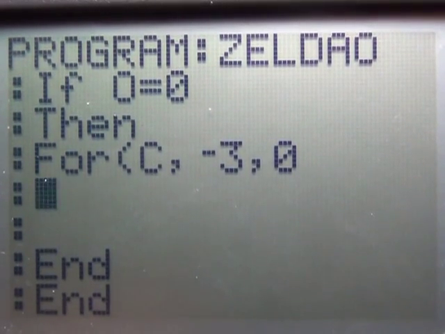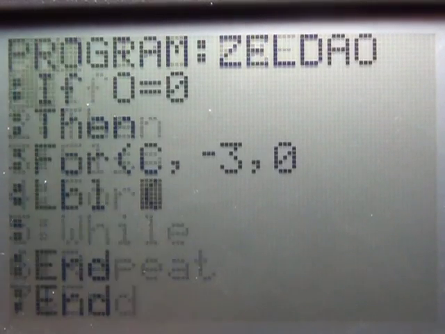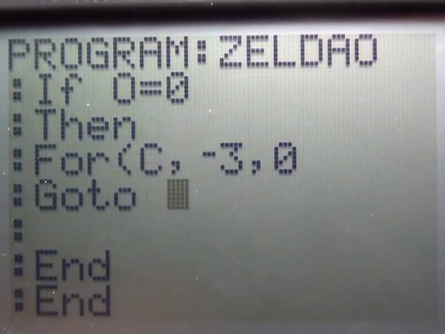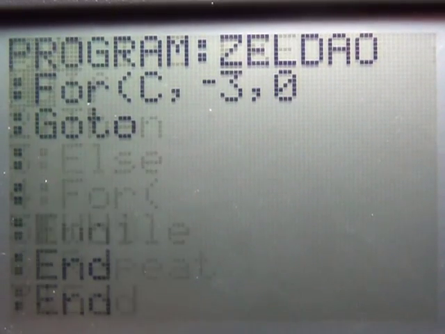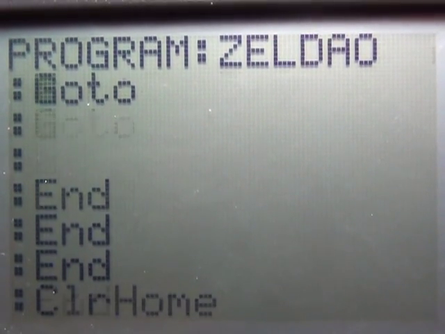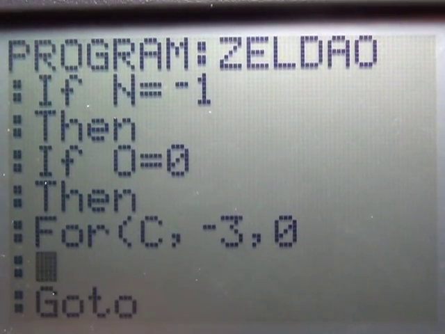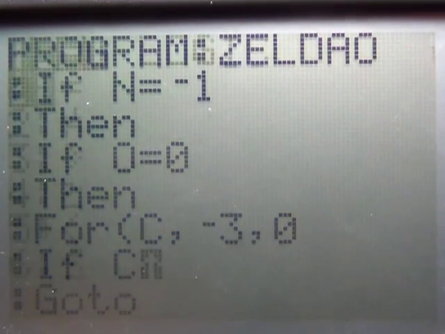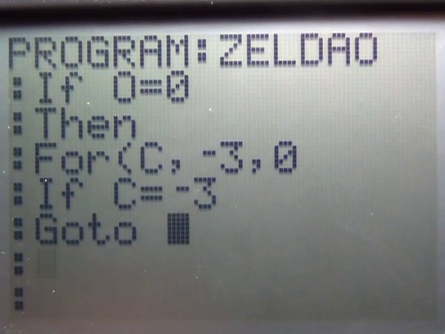And then we're going to say go to... Okay, so we're going to say if c equals -3, we're going to go to, and we're going to do